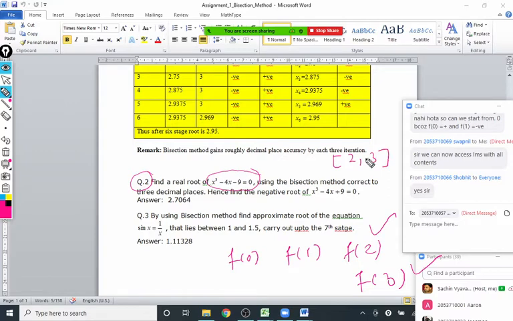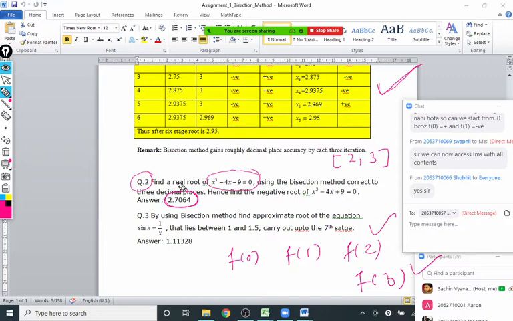That is step number 1: the root exists in 2, 3. Then by the table method, just like the example I showed you, you should complete it and you get the root as 2.7064. 2.7064 will be the root of that equation, correct up to 4 decimal places. You may require 6 to 8 iterations here again.